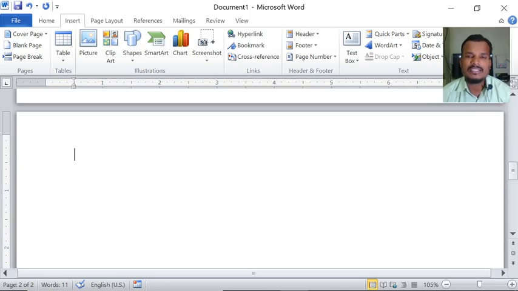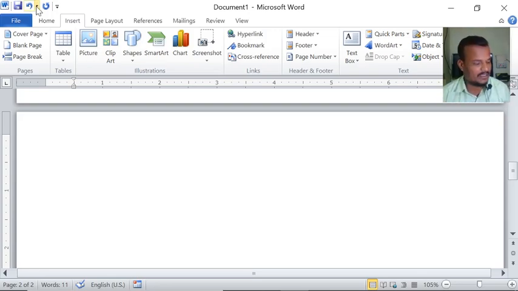In general, calculation we will see in Microsoft Excel: addition, subtraction, multiplication, division. But if we want to do these calculations in Microsoft Word, one option is there, calculate. This option we have to get onto the quick access toolbar.